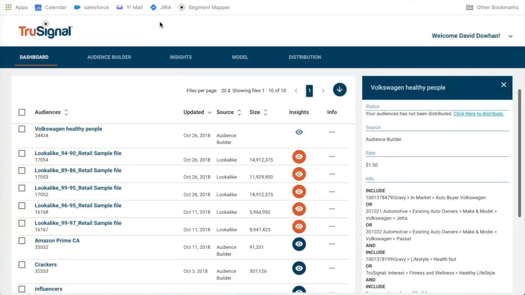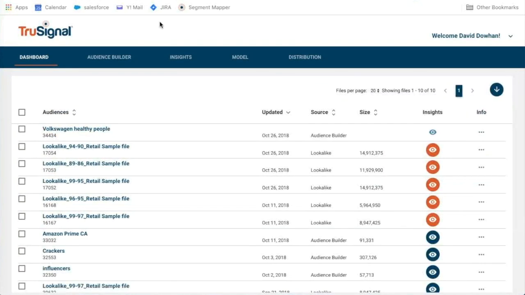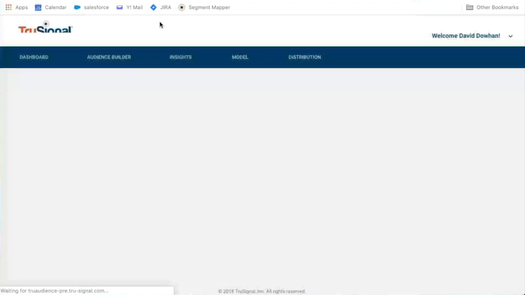The last step of the puzzle is to actually distribute the audiences so I can activate it for campaigns. We've gone through several stages. We've uploaded a data file, we've seen insights against the file, we've built audiences using 2 different methodologies, including lookalike modeling and segment audience building, and the last step is distribution. Distribution is our word for taking the audiences that you create and sending them so you can activate it for